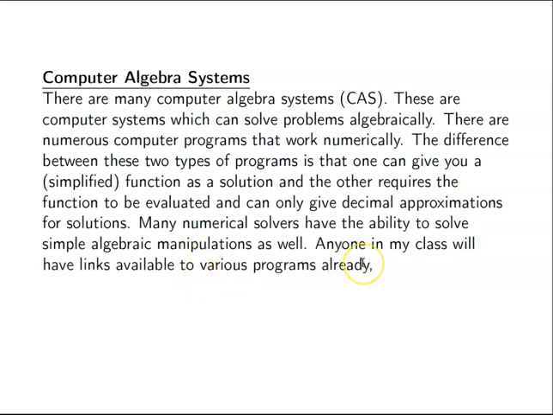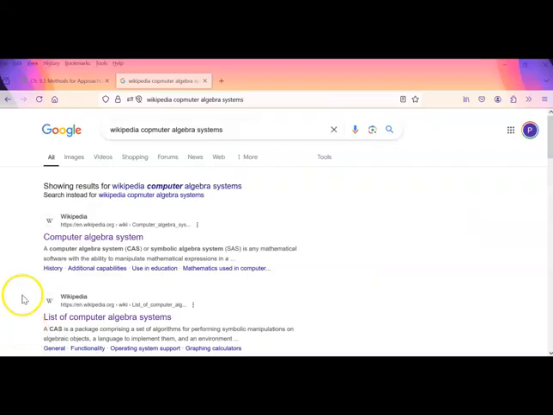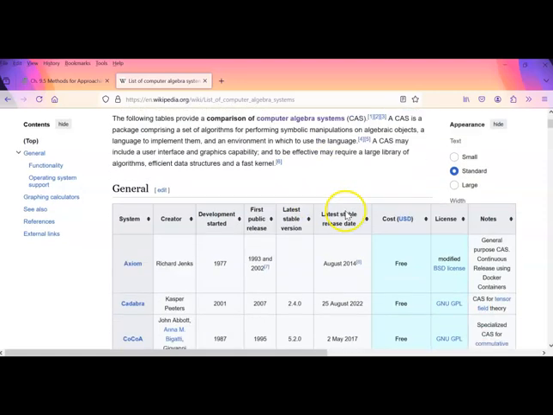If you're in my class, and not just watching this because you're doing your own studies in math or for another class, in our Canvas course there are going to be links to a bunch of different computer algebra systems. In fact, you can always just Google computer algebra system. Wikipedia has a nice list of computer algebra systems, which let's look at real quick. So we're here looking for computer algebra systems. If I go to Wikipedia, they have what a computer algebra system is. I like looking at the list of computer algebra systems because it'll give you an idea of some things you can look for,